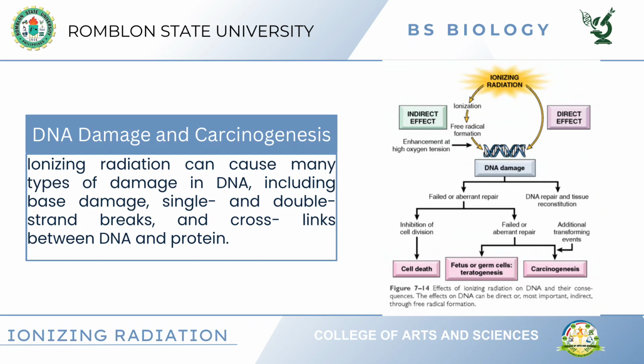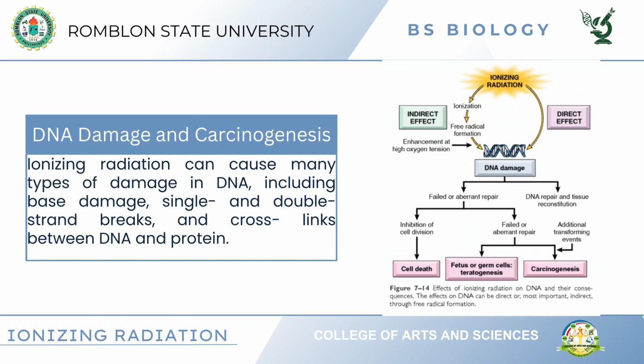Ionizing radiation damages DNA in multiple ways. It can alter the DNA bases, like the building blocks of the genetic code. It can cause single-strand breaks, like damaging one side of the DNA ladder. Or more seriously, double-strand breaks, where both sides of the DNA are broken. And it can also create crosslinks, where the DNA gets abnormally stuck to protein, which can disrupt normal functions. So as you can see here from this image,